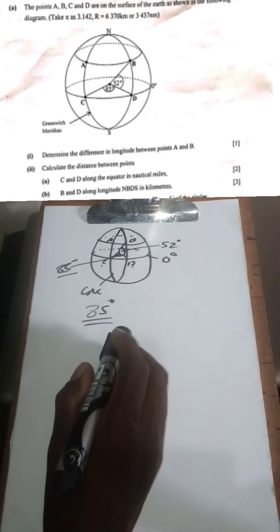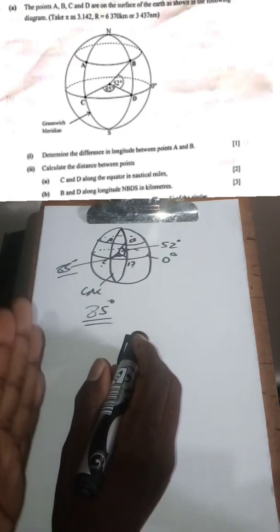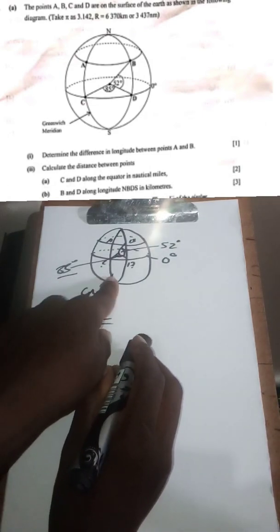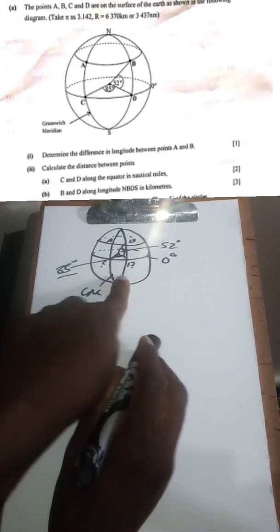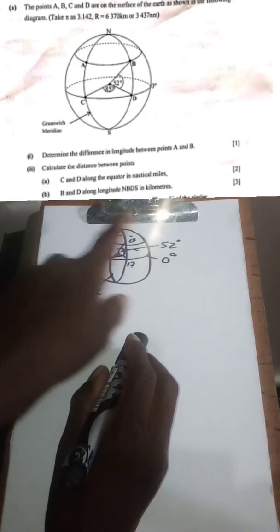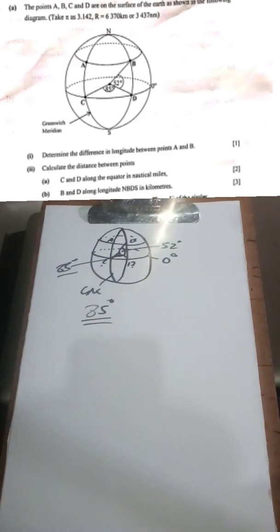So sorry, I meant if it's west and if they are different, you add. If they are the same, you subtract. For example, if this was also east, this is also east, you subtract. But if they are different, that is west and east on the other side, that's when you are going to add. Okay, so we have answered the first question, and the second question is asking us, say, calculate distance between